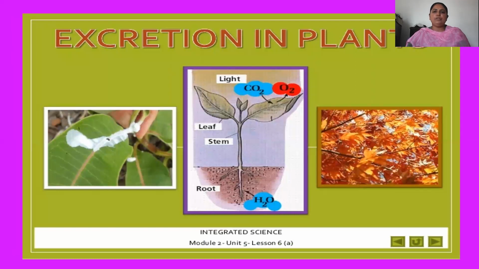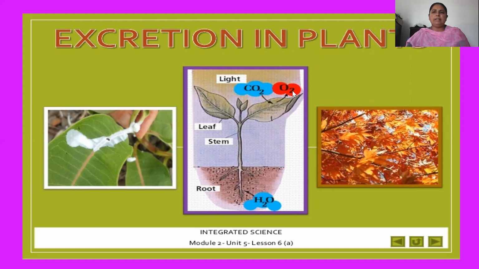Here I have shown you some pictures where you can easily see how the waste products come out from the plant. When you pluck a leaf, a milky white substance comes out, and this is known as latex. In the second picture, you see that the plant is doing photosynthesis, and it uses carbon dioxide, water, light, and chlorophyll pigment to form the simplest carbohydrates. At the end of this reaction, photosynthesis, oxygen gas is evolved.